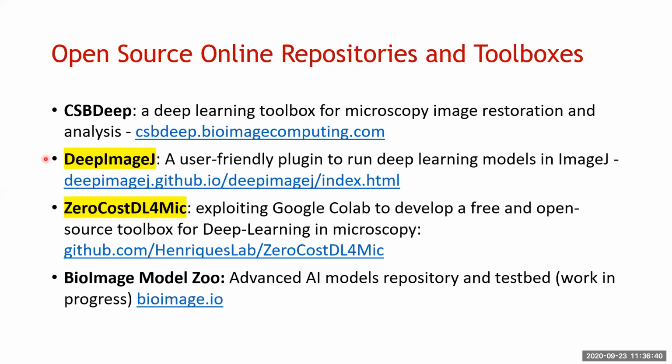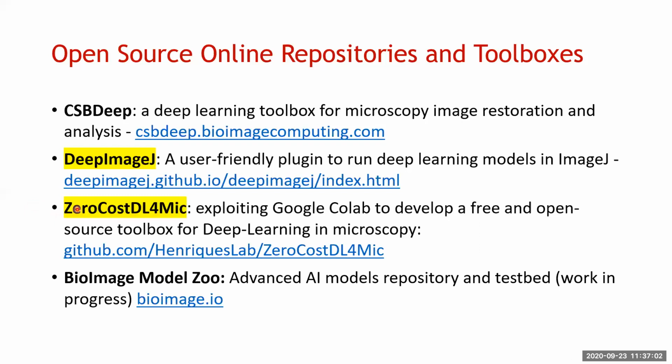DeepImageJ is a plugin for ImageJ and Fiji that is pretty cool in that you can run it from pre-existing, bundled models that they have provided, or you can put in one of your own models that you've trained on some other platform. These all kind of work into one another. Zero cost